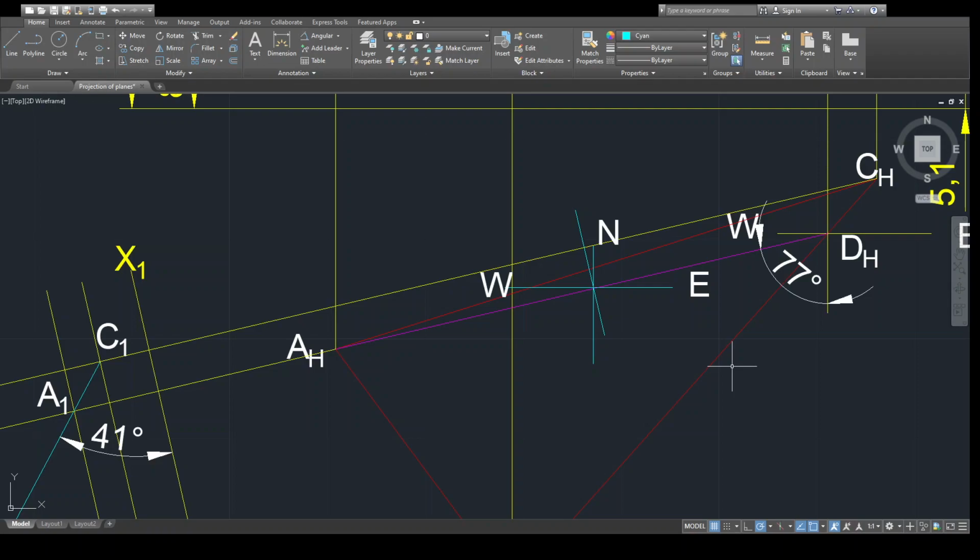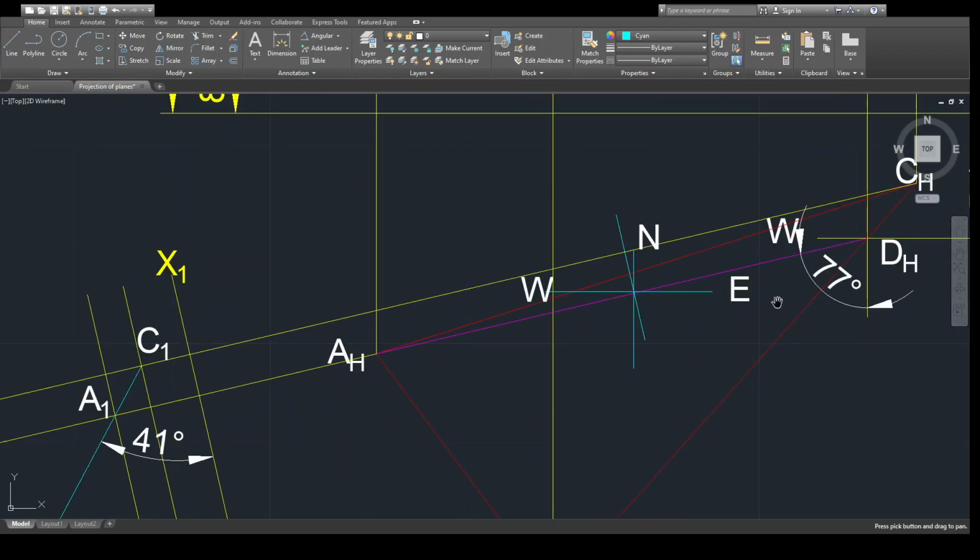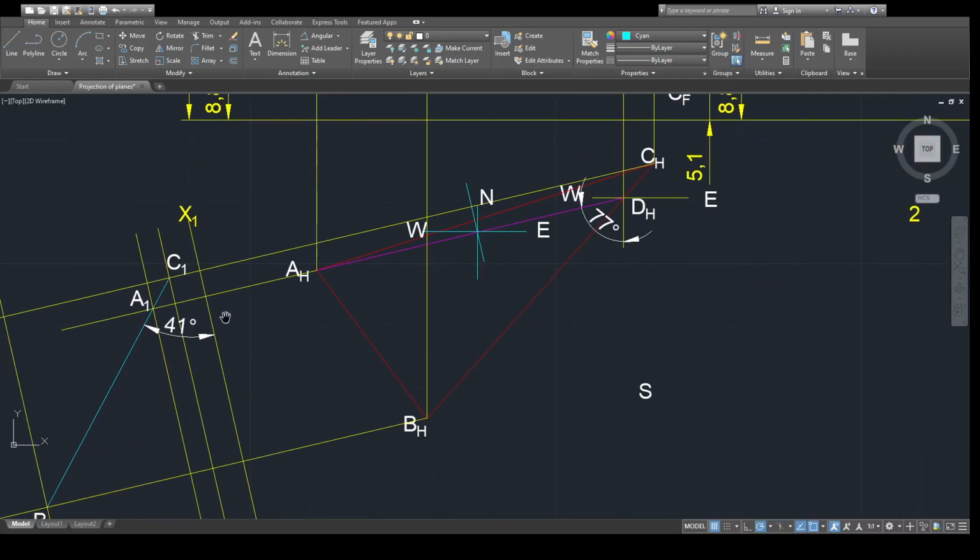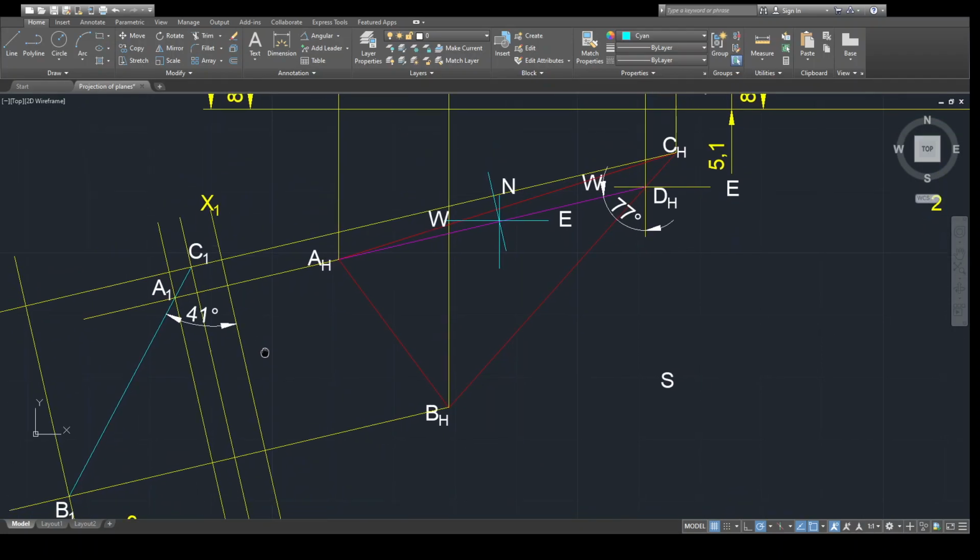So why north to west? Because of our lower side zone of this plane. Lower side zone means the point which is closer to the x1 y1 line. So this is point C1, which means the lower side zone is above the strike angle line. This is our strike angle line AHDH. So the lower side zone is above the strike angle line. That's why we find the perpendicular line to the strike angle line, and see which quadrant it falls in, north to west.